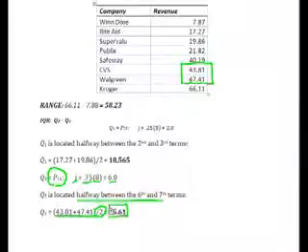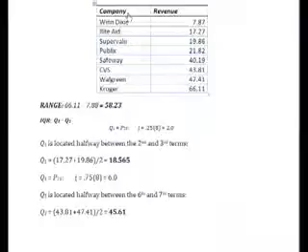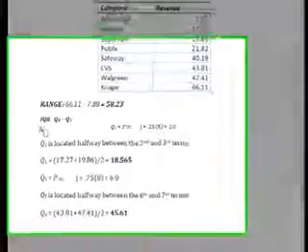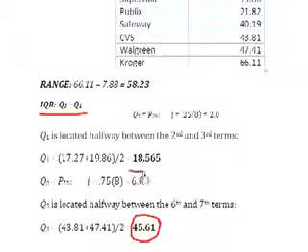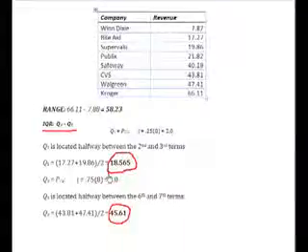And so now I know that Q3 is located at 45.61. In order to come up with my IQR, remember, IQR is simply Q3 minus Q1. So I'm going to say 45.61 minus 18.565 is going to give me the interquartile range, or the middle of my data set. And in this case, that number is going to be, drum roll please,